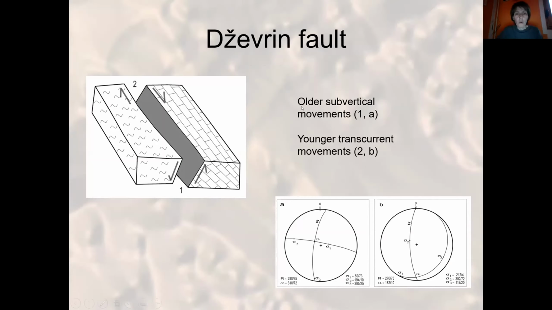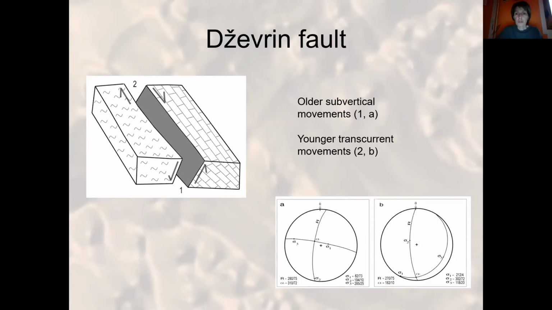So the older movements which uplifted the limestones were predominantly vertical, and later on that movement somehow slowed down, and there are younger transcurrent or strike slip movement,